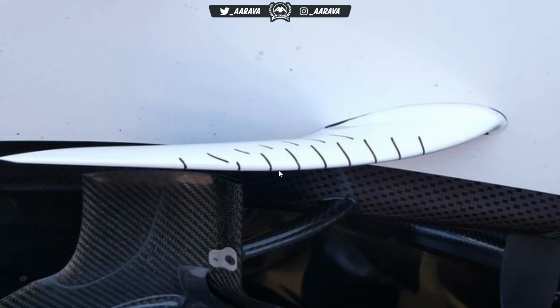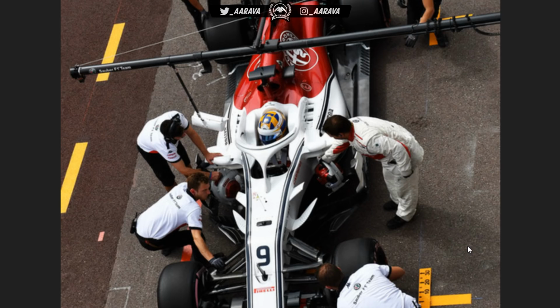And again, with slots there as well, just to play around with the air, but we'll have a better angle of it from top down. A little bit of a blurry picture, but that's the winglet right there. They already had this one since the launch of the car, but now you can see from this angle very clearly that it's inspired by Mercedes and Williams. But this is what I'm talking about. It's very low and doesn't actually reach out too far, because this entire area for Sauber hasn't been developed as much as other teams. So I would suspect that this will be in tandem with the bargeboard area, and the end plates to the side pods will be getting developed, hopefully for their sake, throughout the season,